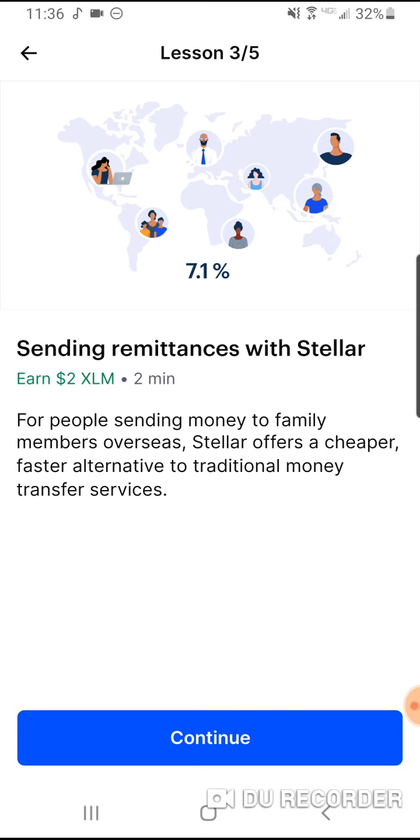This is Maria. She lives in the United States. And this is Maria's mom, Paulina. She lives in the Philippines. Today, Maria wants to send her mom $20. This is called a remittance. Remittances are money sent to support a family member in another country. And they're a very big deal. The World Bank estimates that global remittances are over $600 billion every year.